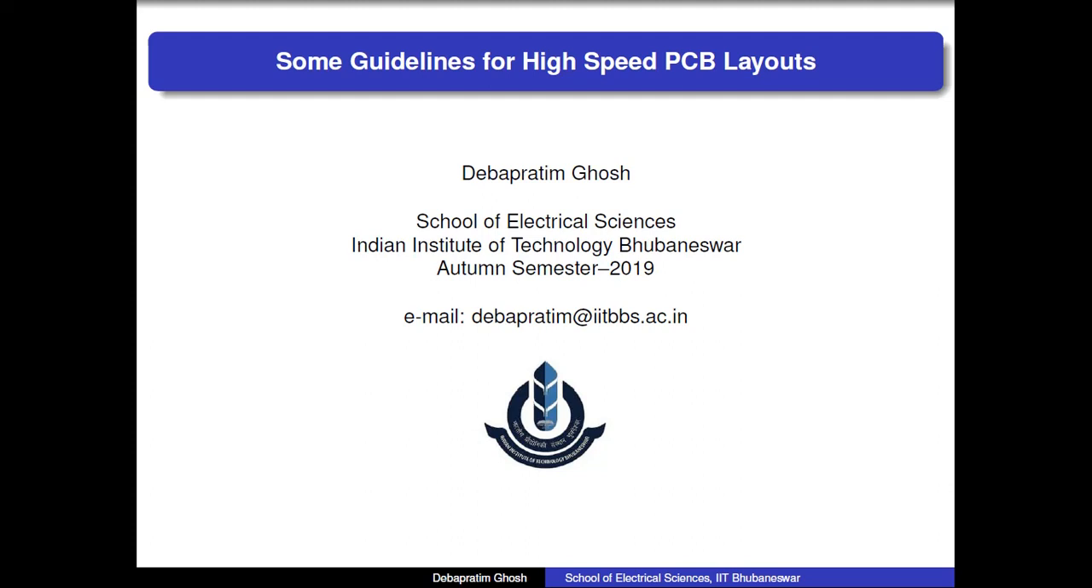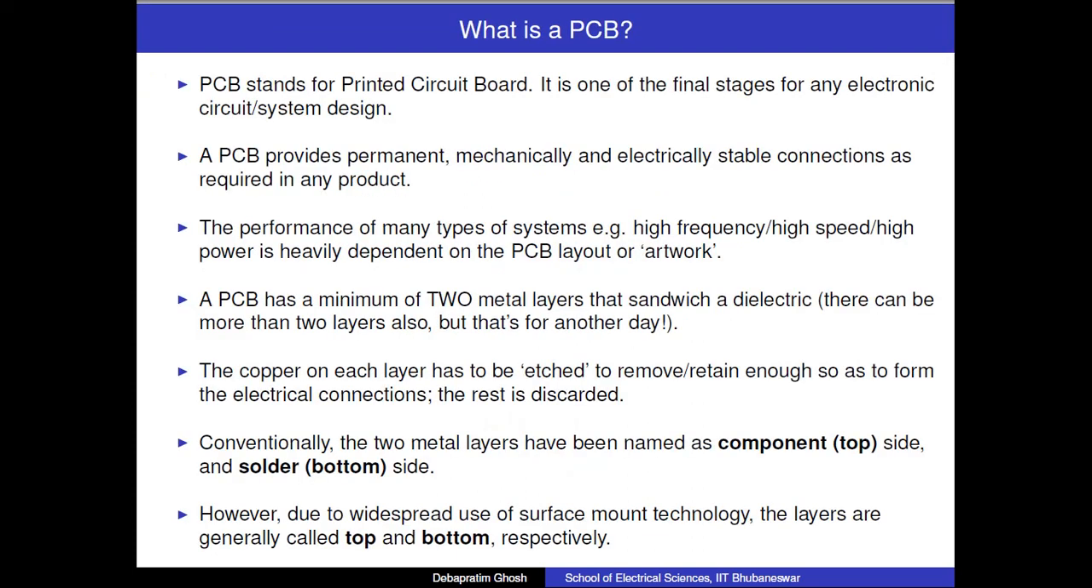Hello everyone. Today we shall see some guidelines and principles and things to keep in mind when designing PCBs and especially for high speed or high frequency applications. So before we delve into what are the problems with high speed or high frequency PCB layouts, it is important to first understand the conventional